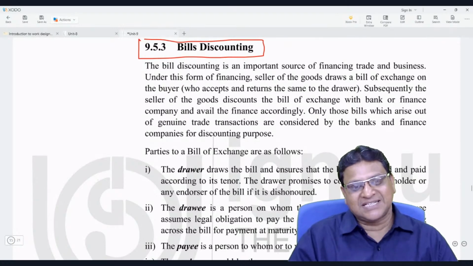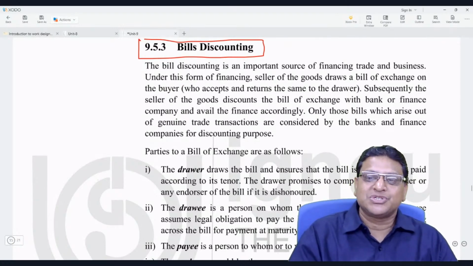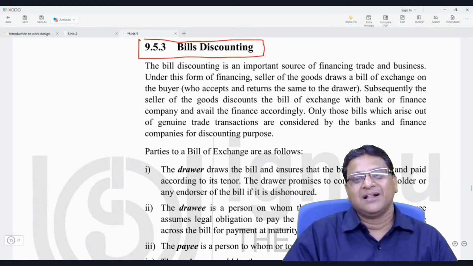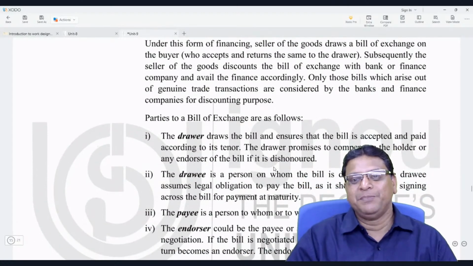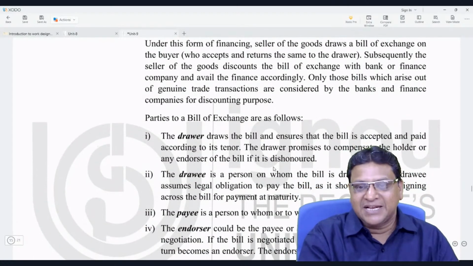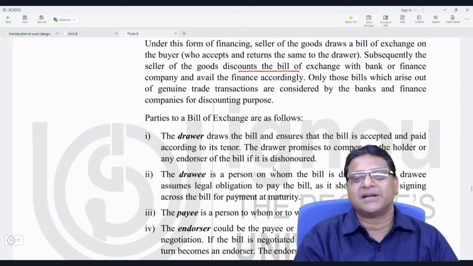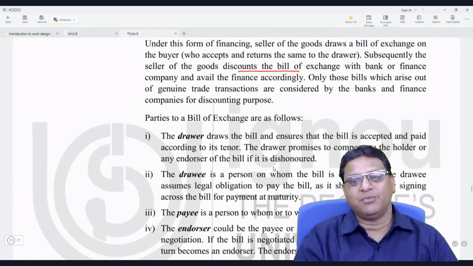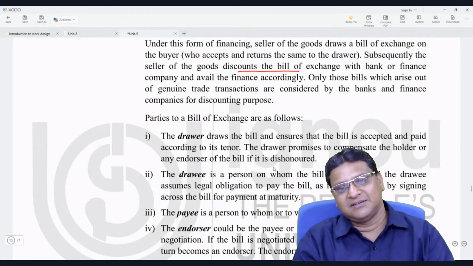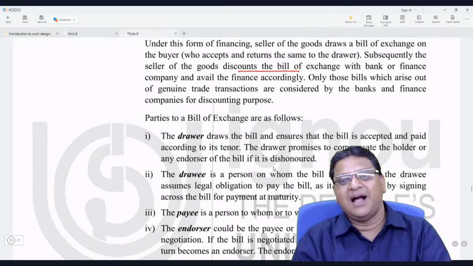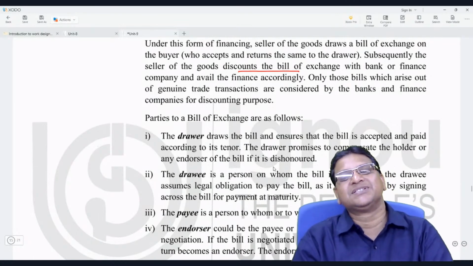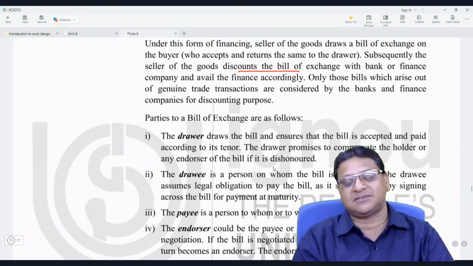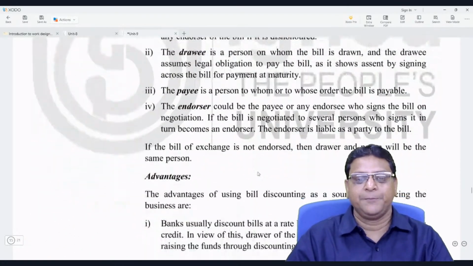Once the debtors accept the bills of exchange, it becomes a negotiable instrument. And the bill can be discounted with the banks. The bank keeps the bill and makes payment by deducting some amount. If the bill amount is 20 lakhs and you raise a bills of exchange, the bank will keep the 20 lakhs bill and pay you, let's take an example, 19 lakh 50,000, and 50,000 is the discount. This is the cost of finance of bills of exchange. Okay, next,